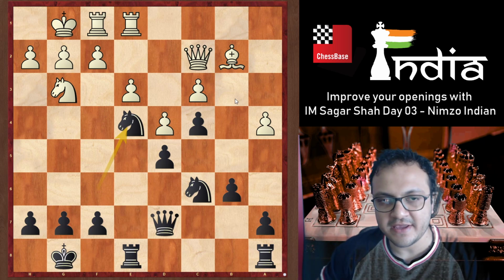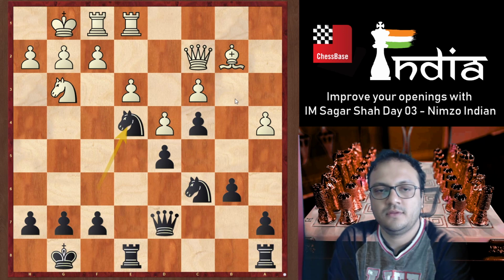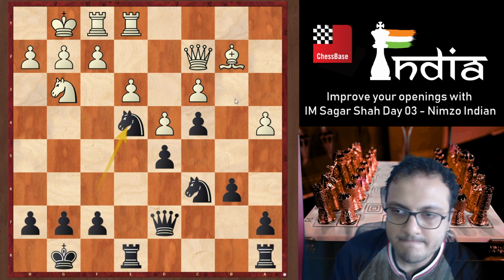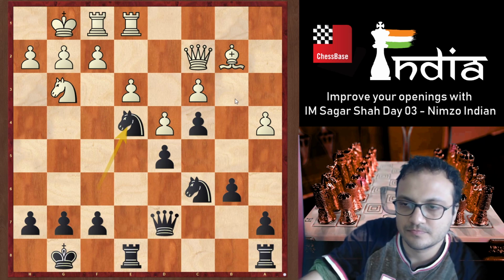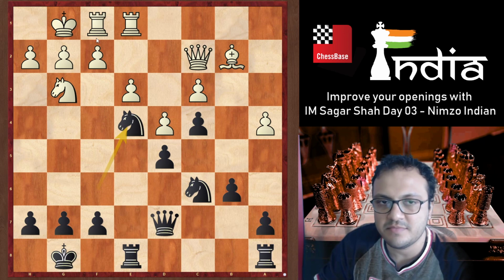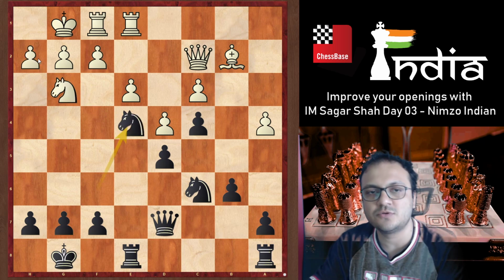What should white play here? Should he exchange the knight? Well, f3, Sumedh, maybe, but then I can take on g3 and somehow it doesn't look great.